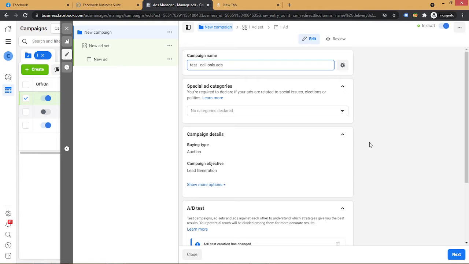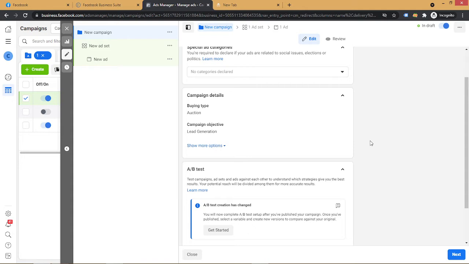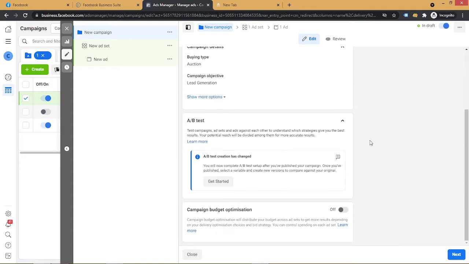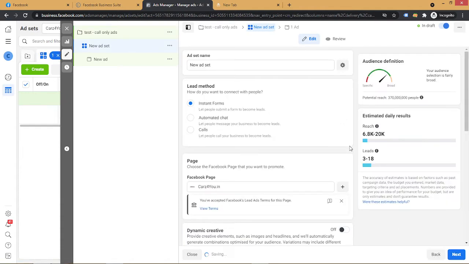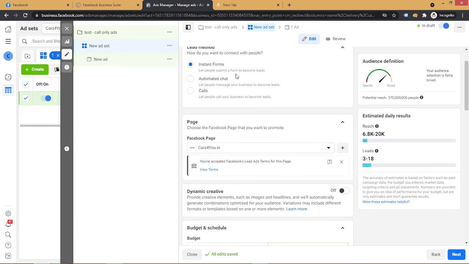It would be an overview for this campaign. We will not talk about the things which you might already be aware of, so I'm going to click on the next button. Again, we can give any kind of name here. My ad is related to a car, so the ad set name is car. You can be more descriptive, like mentioning the brand or make of the car if you wish.